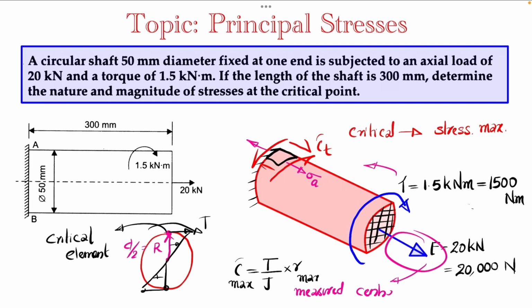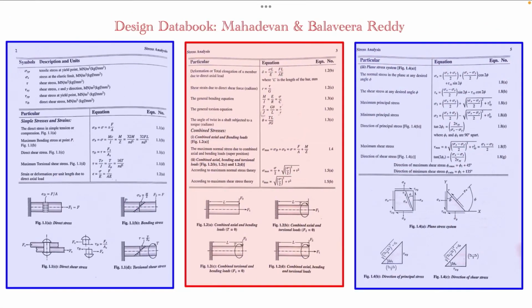But we have the general equation for evaluating the principal stresses if you know these stress components sigma x, sigma y and tau xy, and that is given in this equation for evaluating the principal stresses. So here sigma x is